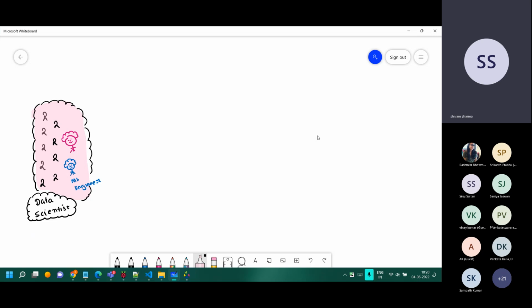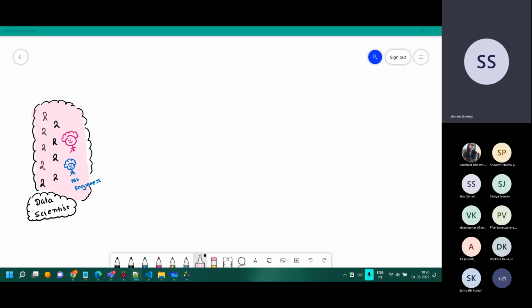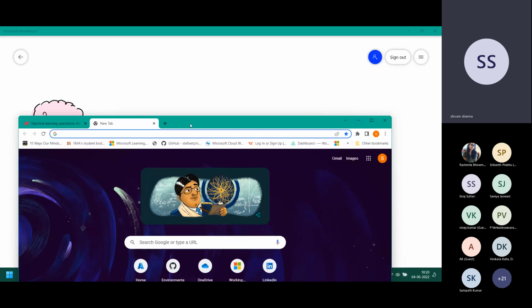So each and every line which was there, I have kept a lot of links with me. So I'll be sharing a lot of links in the chat window as well, and I will walk you through each and every depth of the concept over there. Okay, now first thing, let's open a few of the definitions. I have kept them open with me over here, like what is MLOps and so on and so forth.